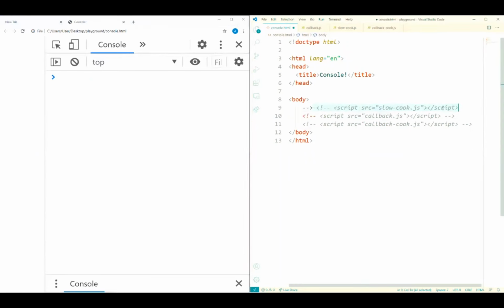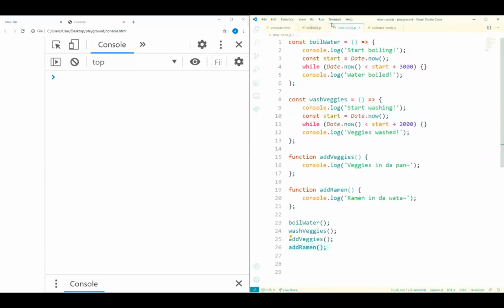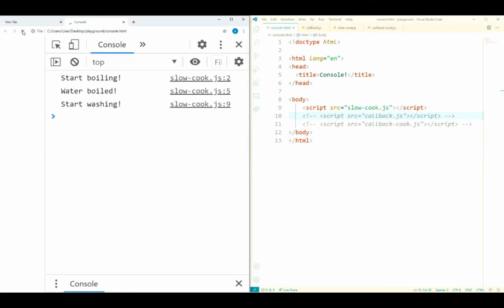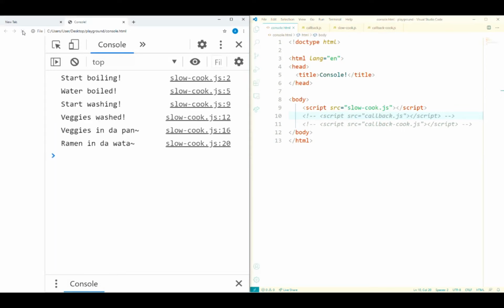Then if I uncomment our slowcook.js, just a reminder, slowcook.js is actually the page that we just defined. We're cooking this slowly. Then I'm going to refresh the page. Let's see what happens. So we start boiling. Our water is boiled. Start washing. Our veggies have washed. And then veggies in the pan, ramen in the water.